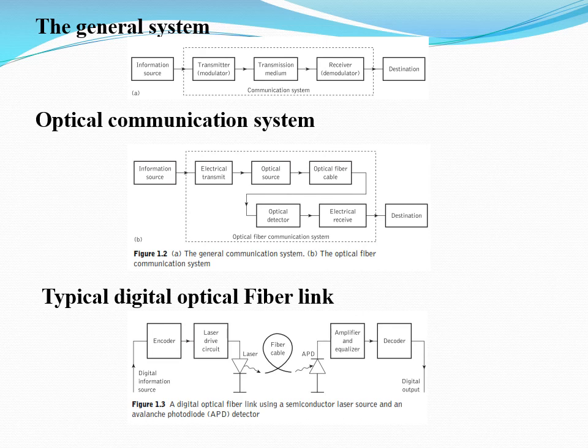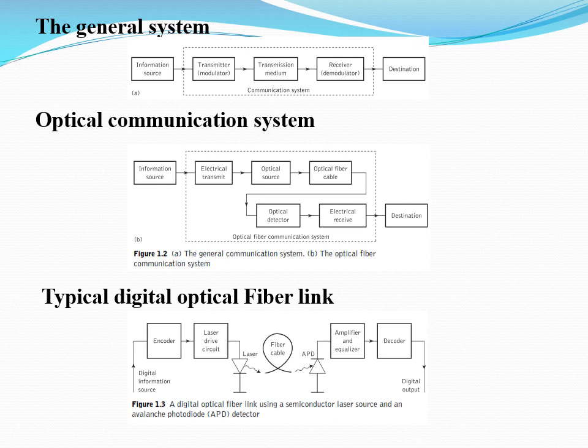So we have a transmitter, a receiver, and a transmission medium. Whatever information we want to transfer, we transfer it through a transmitting device, which is a transmitter, and the receiver receives that information. But during the process of transmission and reception, a lot of various things happen. Considering that, we will first discuss the general system, and the optical communication system later.